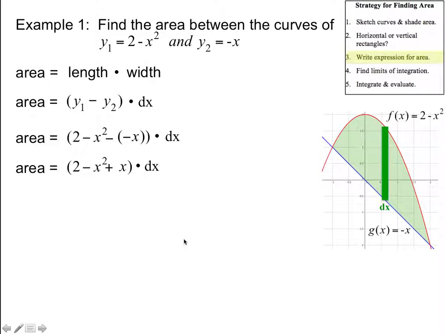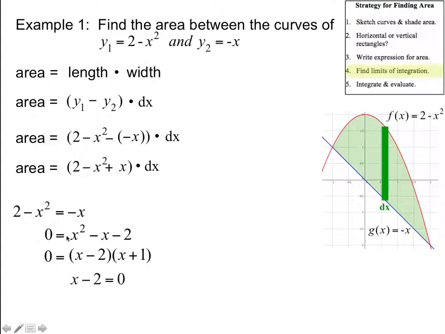If we didn't have grid lines and we needed to find that out algebraically, we could set the two equations equal to each other. So if you want to do this, you can, but we really can visually see the lower and the upper bound just from the graph. But if we did have to set the equations equal to each other and solve, we can get each term to the right side, recognize this as a quadratic that's factorable,